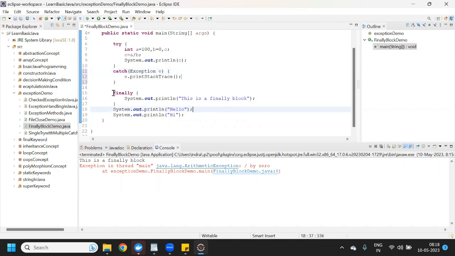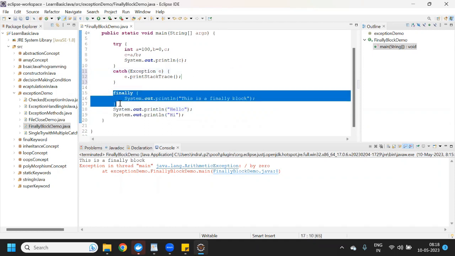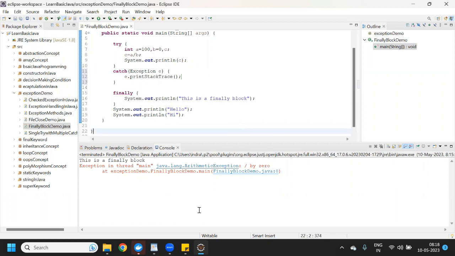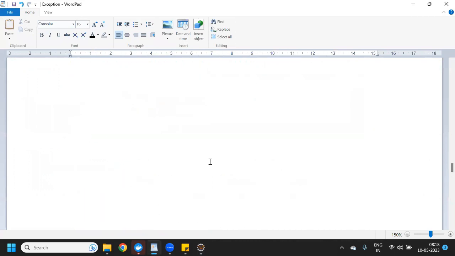But this finally block will always be executed. It doesn't matter whether your code runs or throws an exception. It doesn't matter. This finally block will always be executed. See the definition as well.